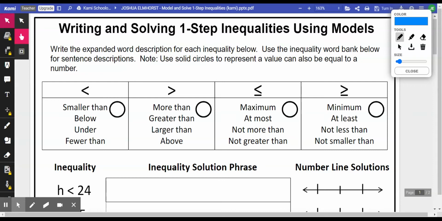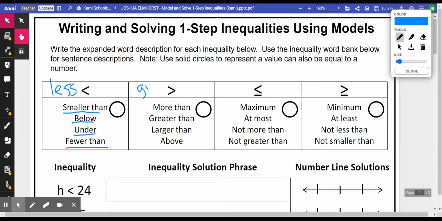Okay, and today for our assignment, we're going to be looking at writing and solving one-step inequalities while using models. So first thing, we're looking at smaller than, less than, under, or fewer than. So this is less than,